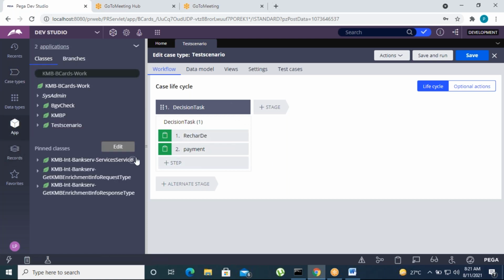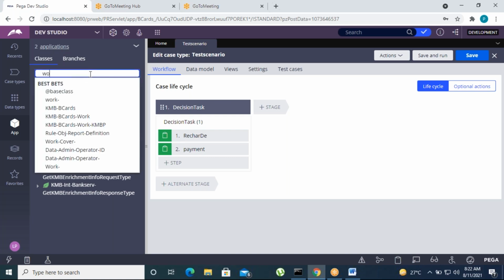Let's create the decision tree now. The remaining process is the same: create the decision tree, refer the decision tree in the activity, and call the activity in the flow action. The remaining process is the same.